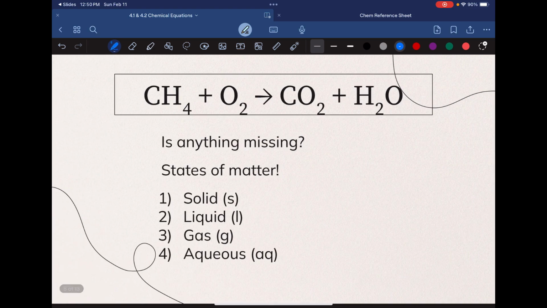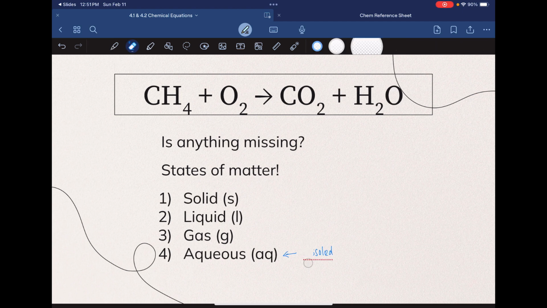Now, what was missing from that example, though? States of matter. We talked about states of matter in the beginning of the year. There were three of them, but in this case, we are going to talk about a fourth state of matter as well. Solid is abbreviated with a lowercase s, liquid, lowercase l, gas, lowercase g, and then we have something that's aqueous. To be aqueous, sometimes we could say dissolved